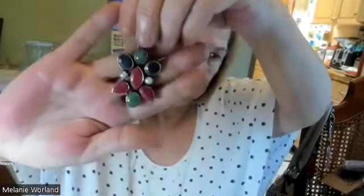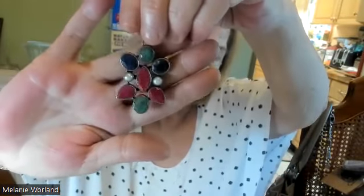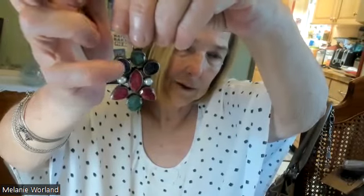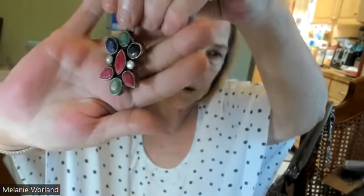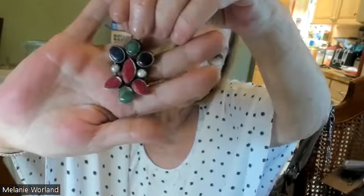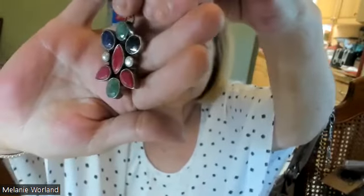16 grams. On this one, I have no idea. I don't remember. But we've got green amethyst, this is topaz, and these are rubies. Yeah, this came from a booth at a jewelry show. So, on this one,